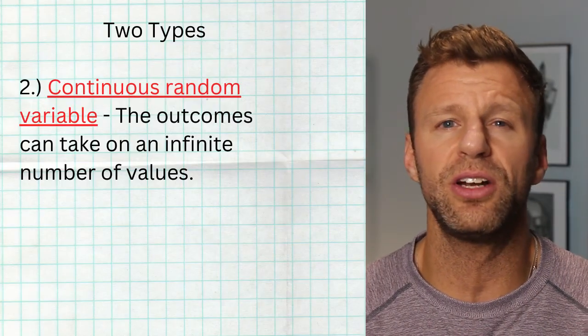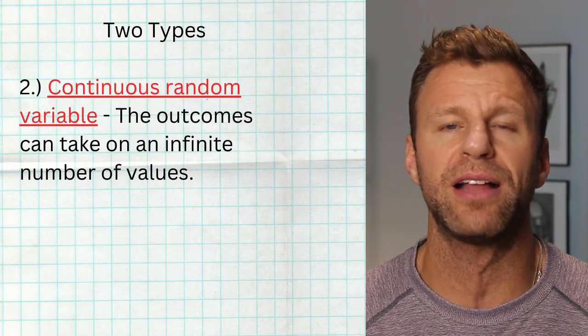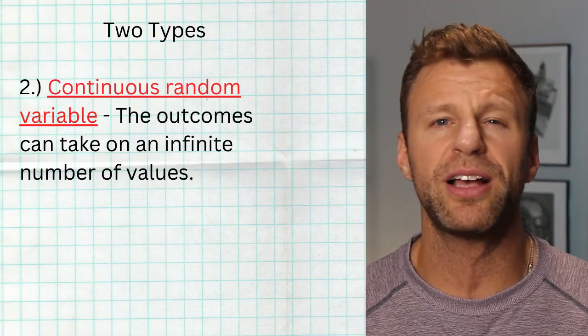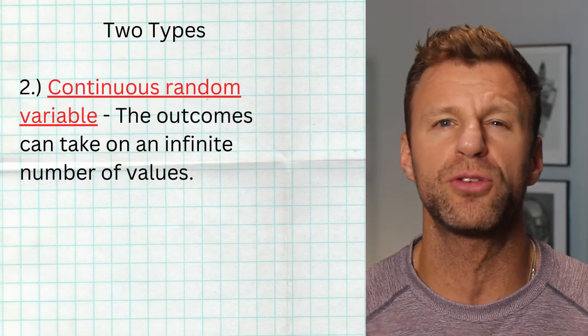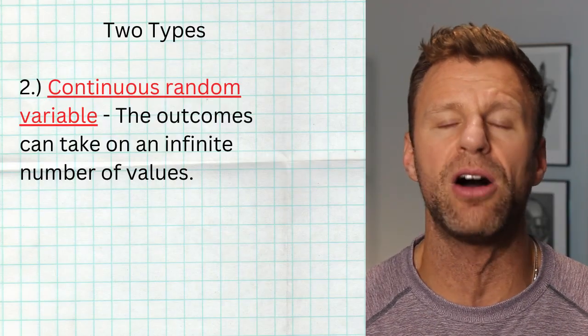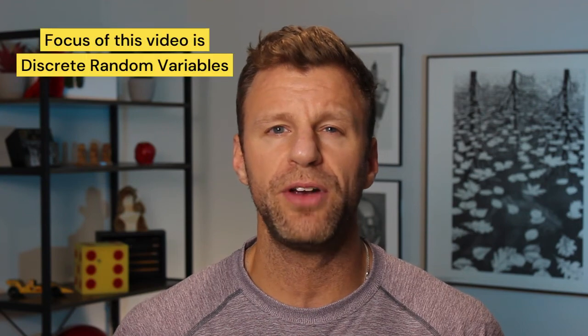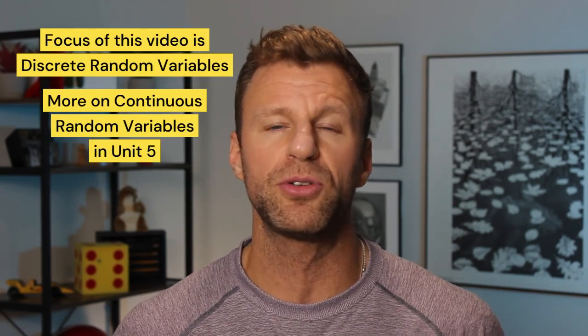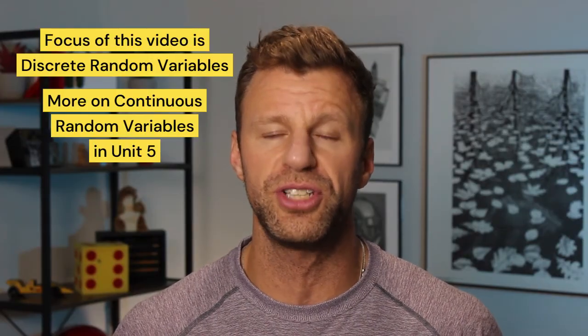They could take on literally any value that's possibly out there. Some values might be more likely than others, and some values might be really unlikely, but the point is with a continuous random variable, there are just far too many infinite outcomes for us to even think about. In this video, we're going to focus on discrete random variables, but a lot of the same exact concepts apply. So when you do learn about random variables in Unit 5, you'll be ready for the continuous random variables